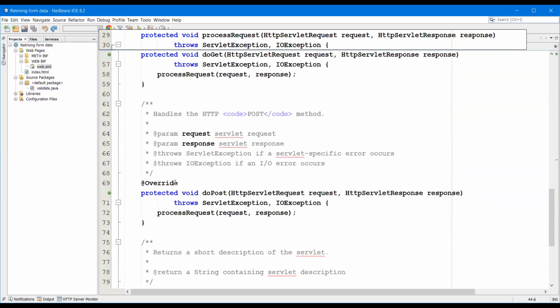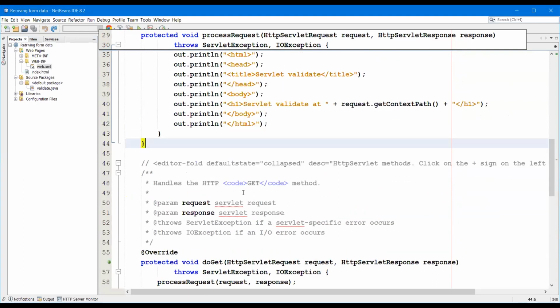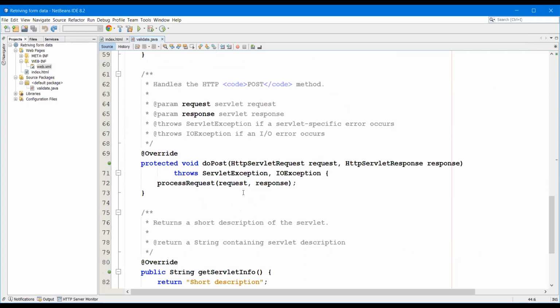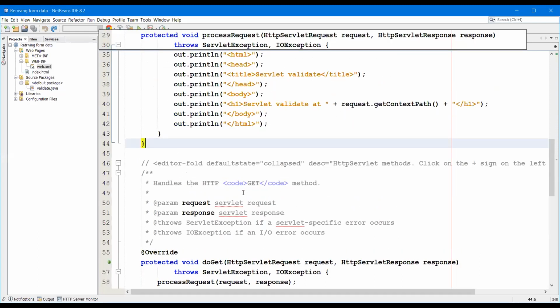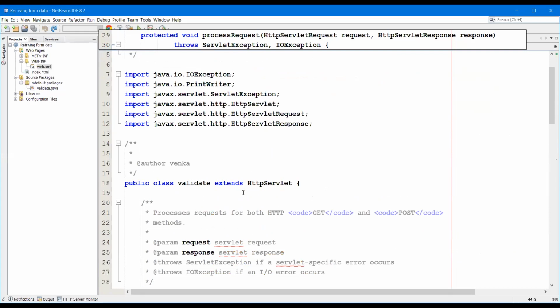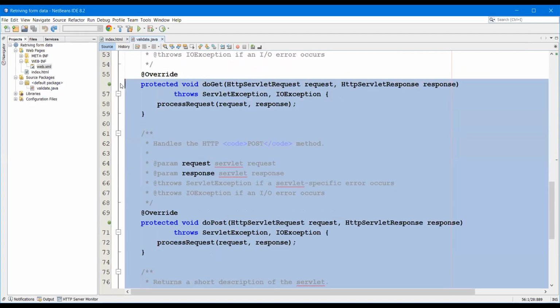We already have the doPost method, so the remaining one we are supporting. I'm removing all this code.